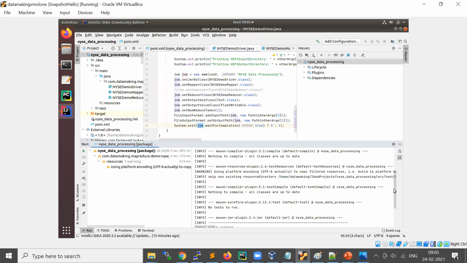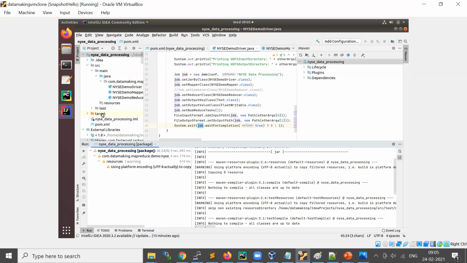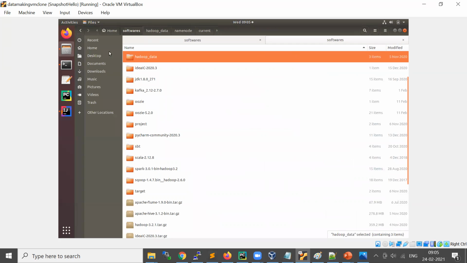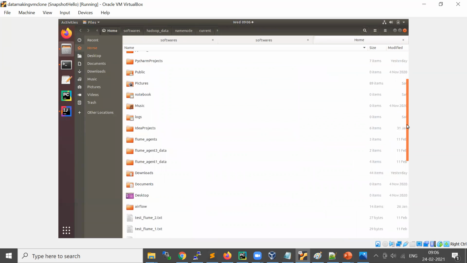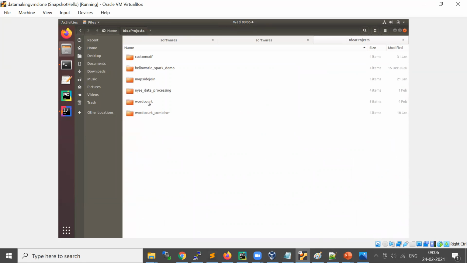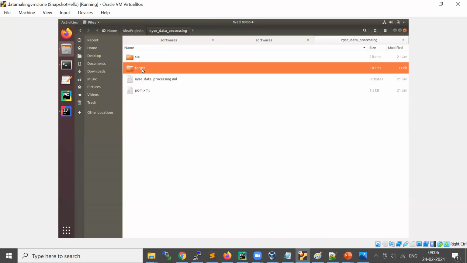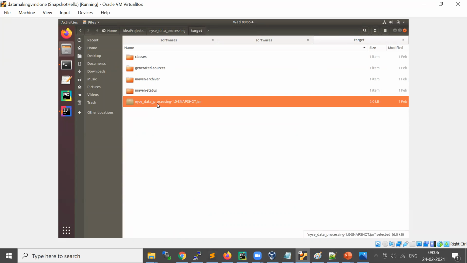You can just navigate to this location, in the home directory, IdeaProjects and this one, target. You see there is a jar named the same as your project name with -1.0-SNAPSHOT.jar. So this is the file you need to give to the resource manager.